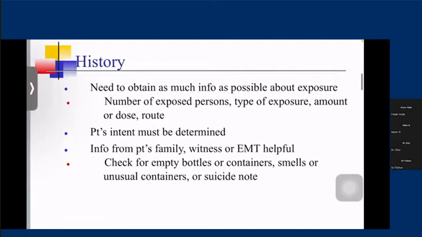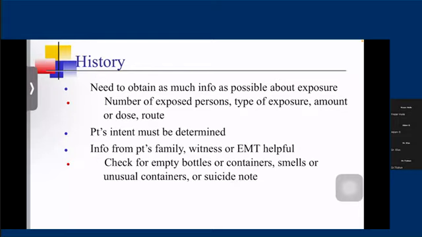Also very important is to predict the natural course of the poisoning. The patient's intent should also be determined, because a patient who commits suicide by taking these poisons is very high risk. So we need to admit such patients and assess for underlying psychiatric conditions. Patient intention should be identified.